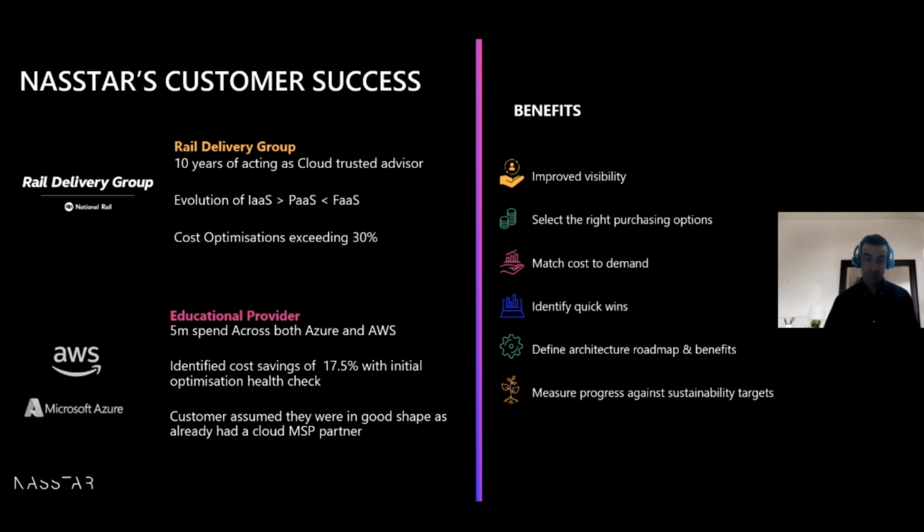So where have we done this recently? A couple of great use cases. We've worked with the Rail Delivery Group for 10 years, and I've used them as an example because we've probably undertaken all of those levers and that journey that we talked about with them, one of our most prestigious accounts. From initial cloud adoption all the way through to serverless modernization today, unlocking enterprise discount plans, right sizing, reserved instances, we've optimized them, exceeding 30% on some of their significant workstacks.